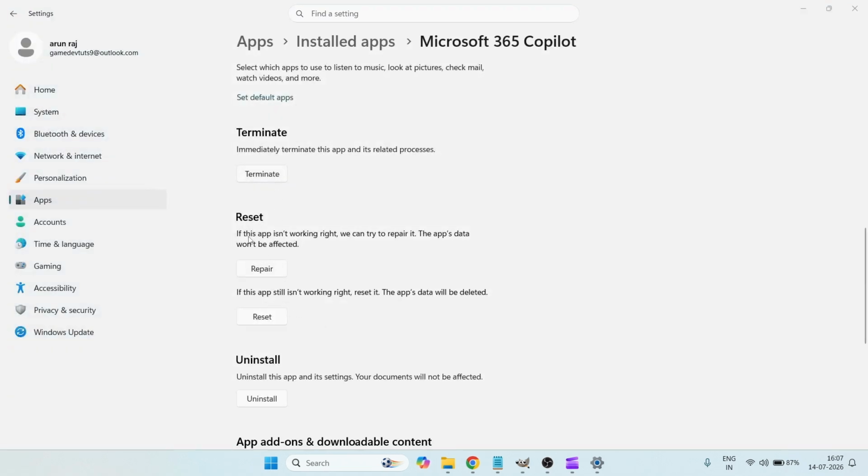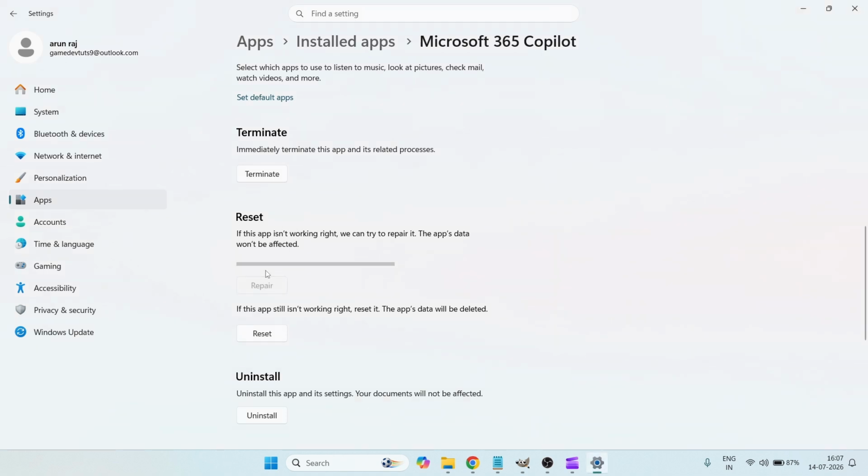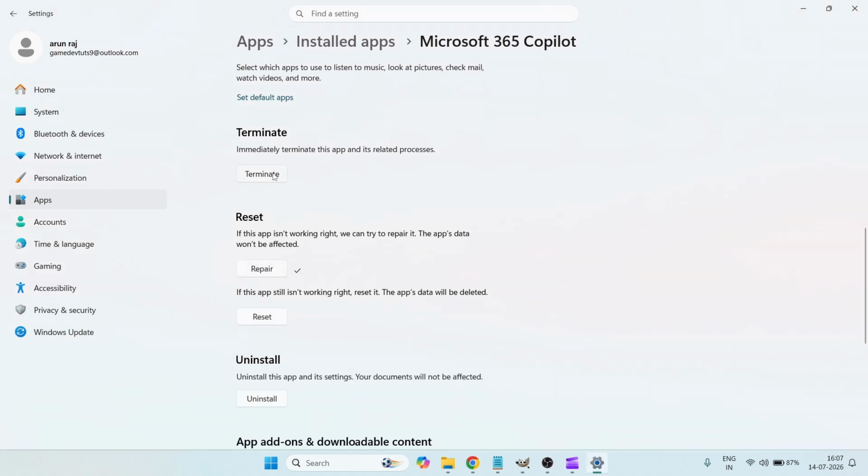Okay, next, repair. This is what we want. If you click on repair after the terminate, okay, do it always after the terminate. What this will do, if this app isn't working right, we can try to repair it. The app's data won't be affected. So you need to make sure, if you want the data to remain, then you need to opt for this option, repair. So if you want to completely reset it, you can go for this, but the app's data